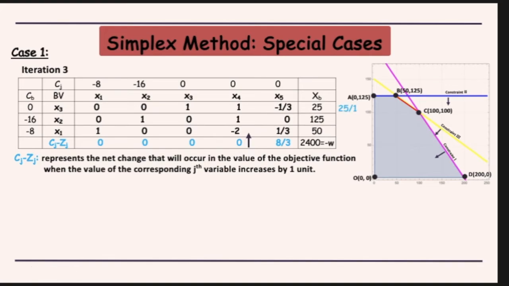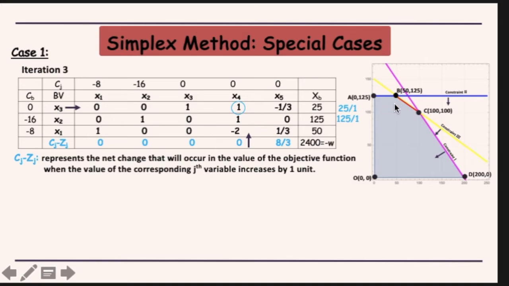So here we would see that since we want our x4 to become a basic variable, correspondingly we would decide the leaving criteria. So here we have these two ratios, 25 by 1 and 125 by 1. So accordingly this is the minimum ratio, and so our leaving variable would be x3. So the pivot element is 1, and we would perform the pivot operations to convert this to the next iteration tableau. So here you can notice that you are at the corner point B.